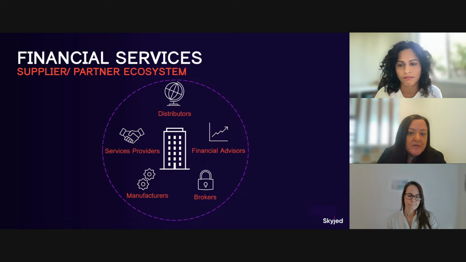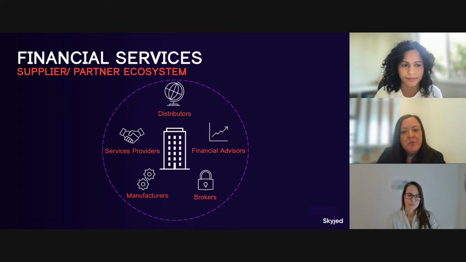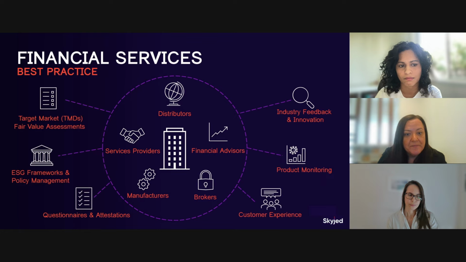Partners such as brokers, manufacturers, and financial advisors, for example, often have essential requirements in sharing both downward and upward data within their partner ecosystem. Now, it's equally important in this respect to highlight that in our experience with our clients, there is a breadth of partner models in financial services. Some of our clients may work with only 5 or 10 partners within their ecosystem, while others may work with 50, 100, or even 300 plus partners. And the important point here is that regardless of the scale, each partner plays a critical role in sharing and collating product data and essential information.